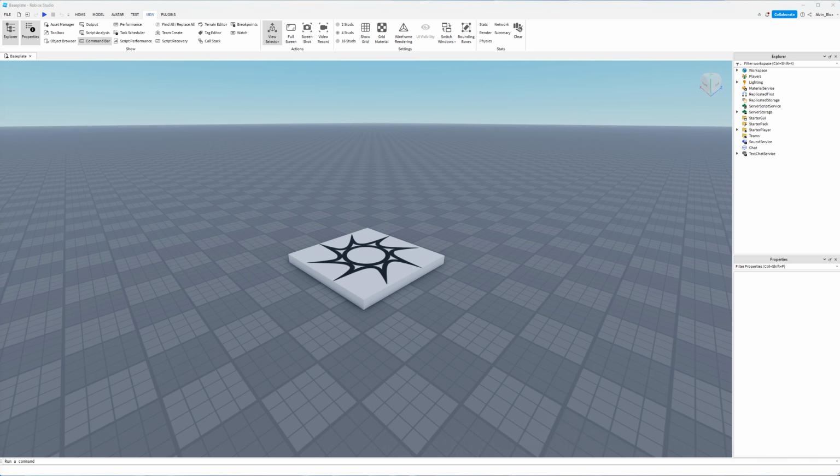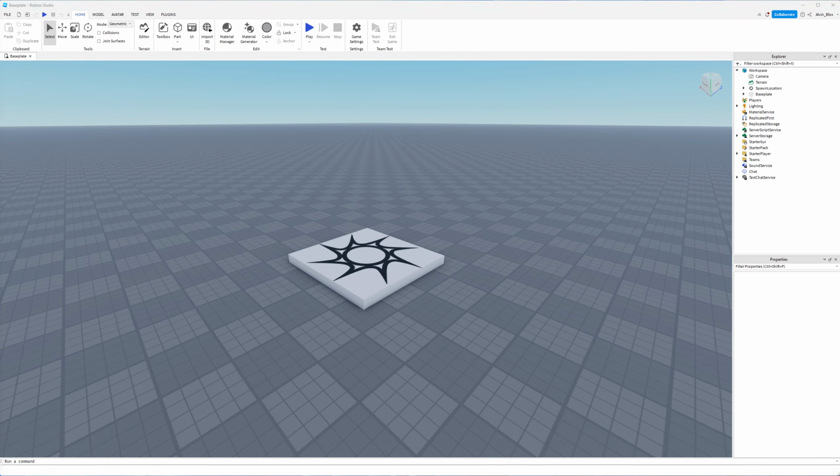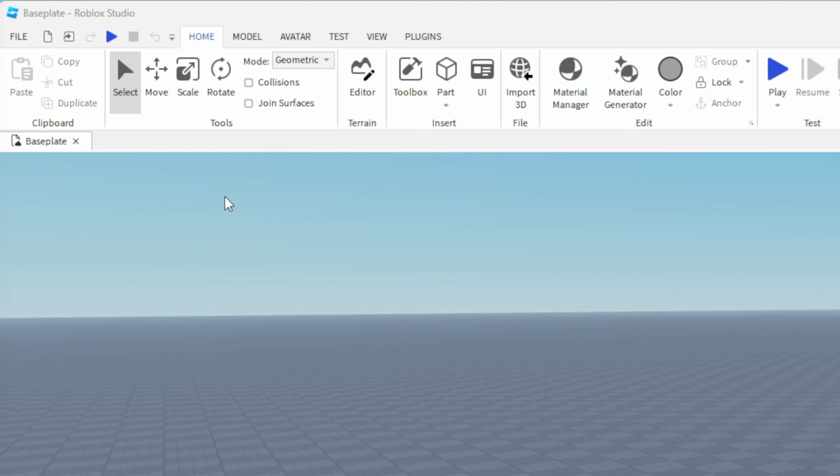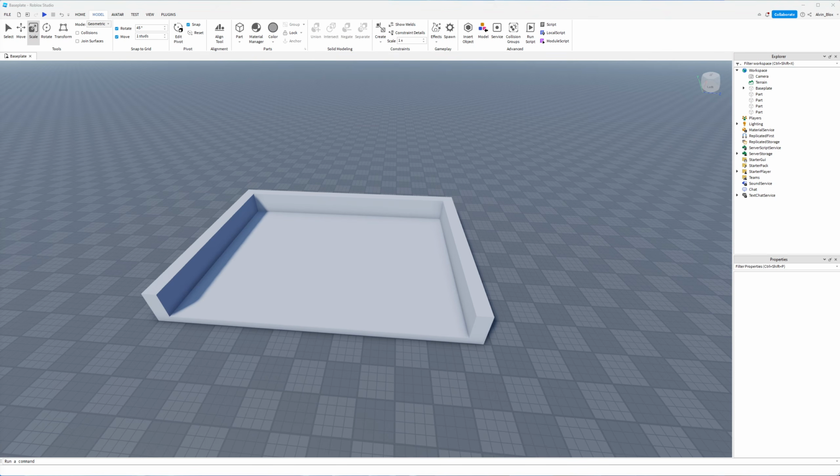That's fine. The first thing we're going to do is build our tycoon, and you can do this by using the Part button, which you can find underneath the Home tab right here. So click to insert a few parts and then use the four tools, Select, Move, Scale and Rotate, to manipulate them however you'd like. So here's my tycoon. I've just got a very basic part here and some surrounding walls.